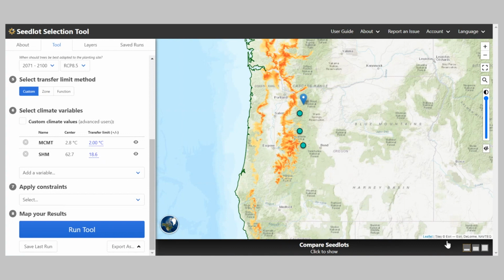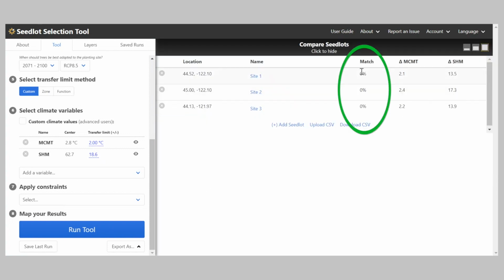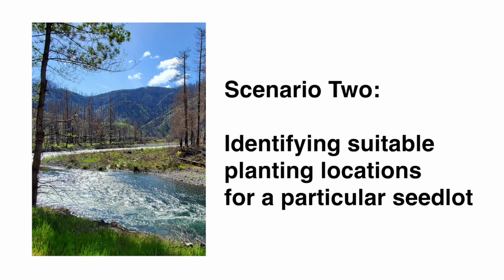And if we look at those seed lots, we can see that none of them are actually a good climatic match for the end of the century. So we would get rid of these and then use the map again to try to find locations that would be suitable seed sources.